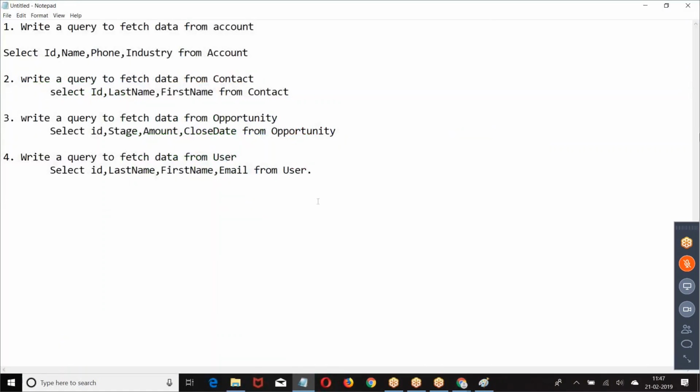Write a SQL query to fetch five records from fifth position. Write a SQL query to fetch five records from 10th position.